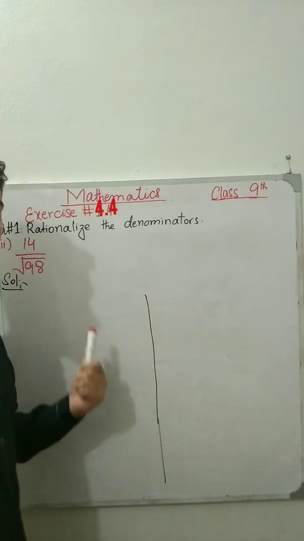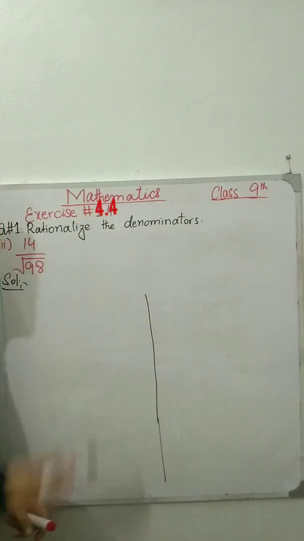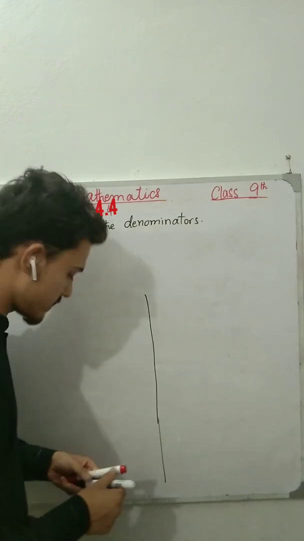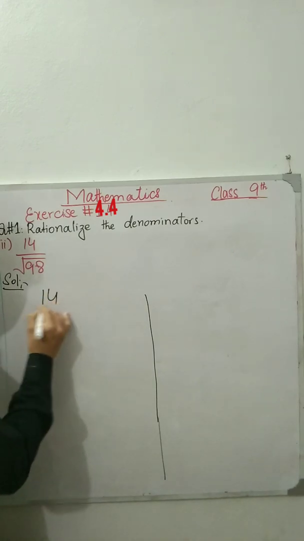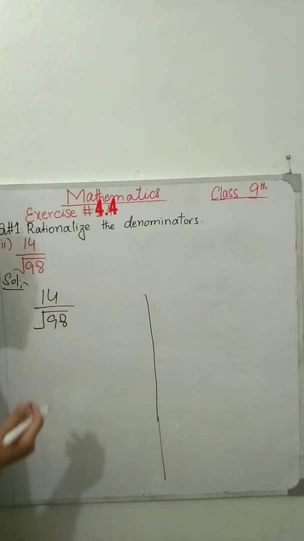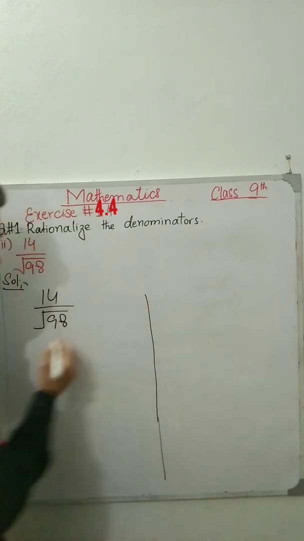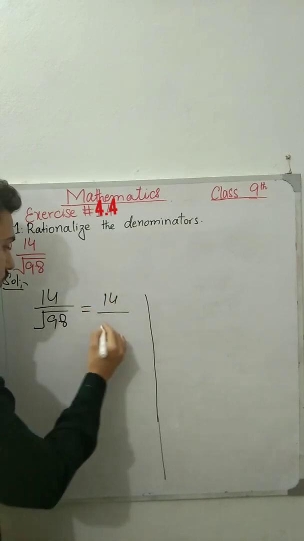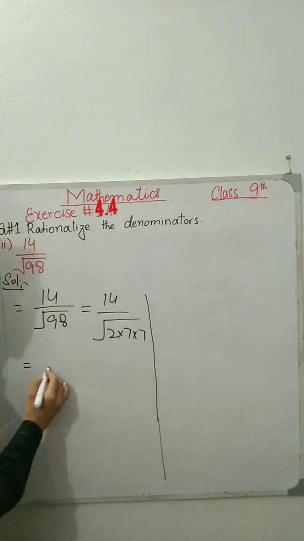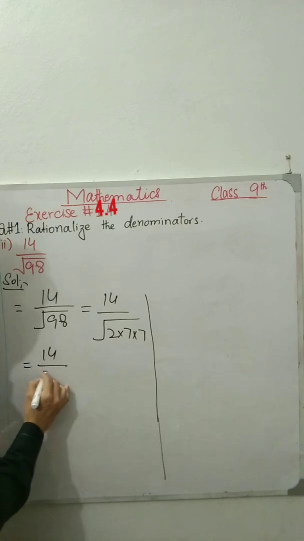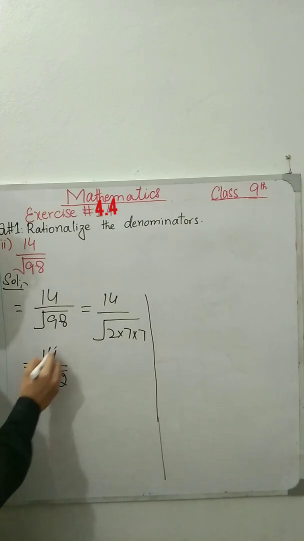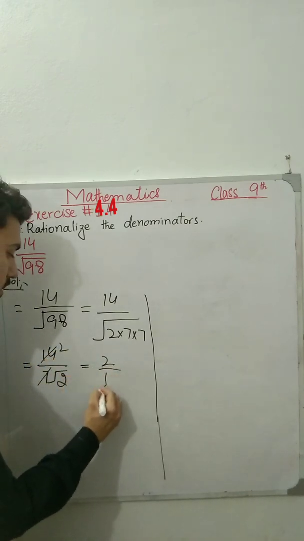Let's solve part 2 of this question number 1. It says we need to rationalize the denominator, or we need to remove that radical sign from the denominator. So I'm going to solve it. 14 over square root of 98. Okay, 98 is a bigger value. I want to make it simple, so I make factors and I got 98 is equal to 2 into 7 into 7. So I got 14 over 7 into square root of 2. Again it's a kind of surd. 7 is 7, 7 twos are 14. I have 2 over square root 2.